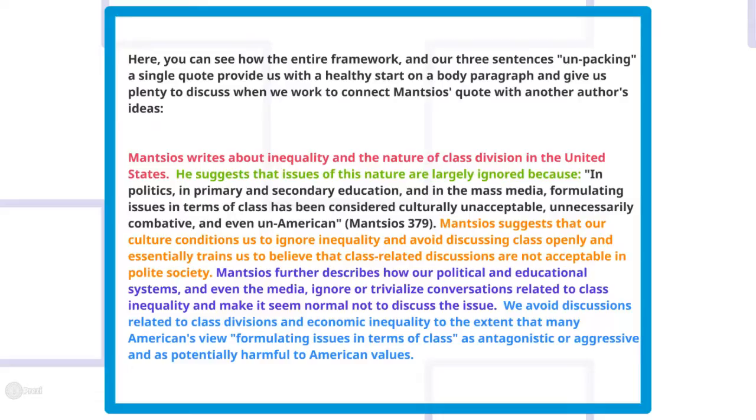So one of the things we want to keep in mind here when we're thinking about quote selection is, again, you want to be able to say three different things about a quote in your own words, keeping in mind that it is always better to unpack a quote by saying several things about it in your own words than it is to bring in three different quotes from an author that essentially say the same thing. Keeping in mind always in academic writing, we're looking for a balance between the author's ideas, our quotations and examples that are the evidence from our authors, and our own ideas. That's part of our objective as we practice to become experienced academic writers.